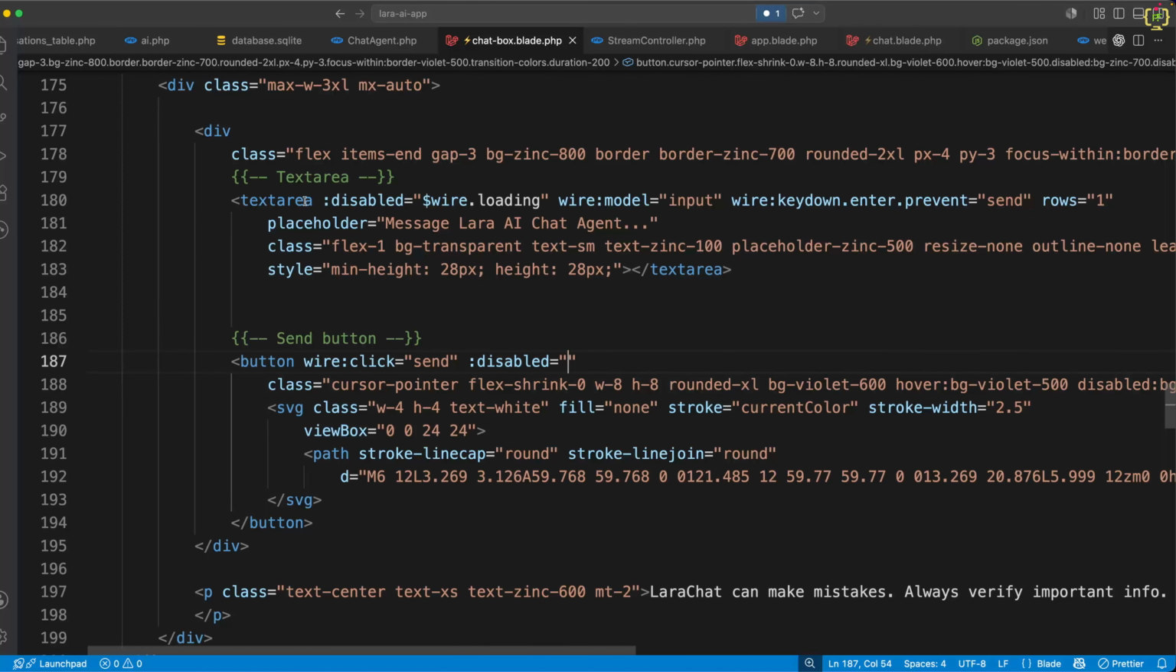So for this input field, we have bound this input variable, as we defined in the public property in Livewire, right? So I will check this by using if not $wire.input.trim. If it is empty, I will use the loading state as well. All right. So if either the input field is empty or the loading state is there, in both cases this